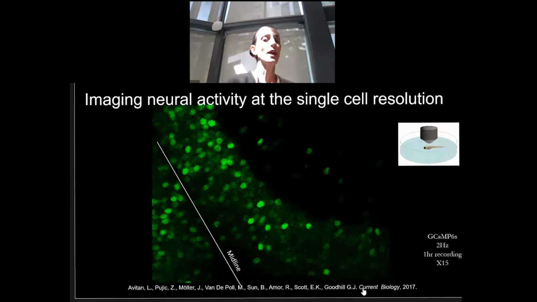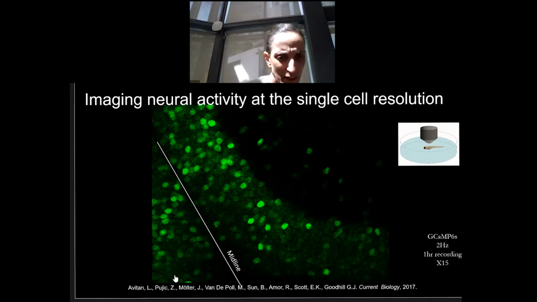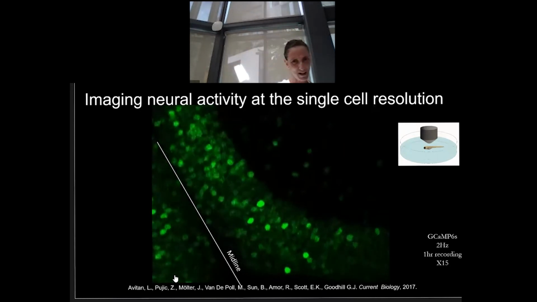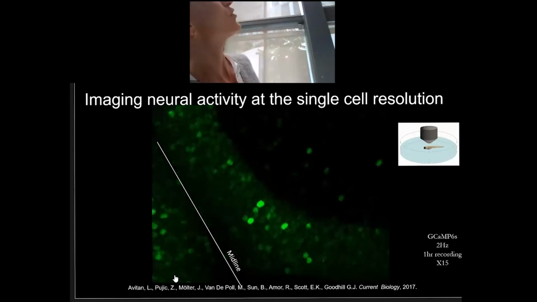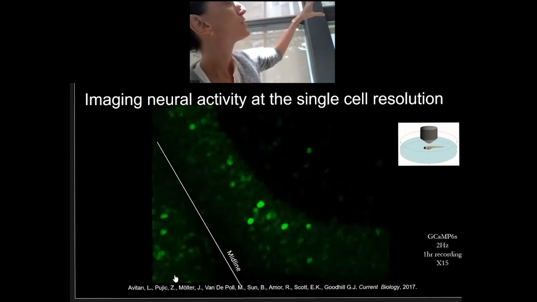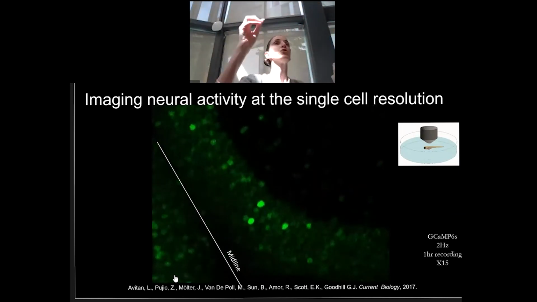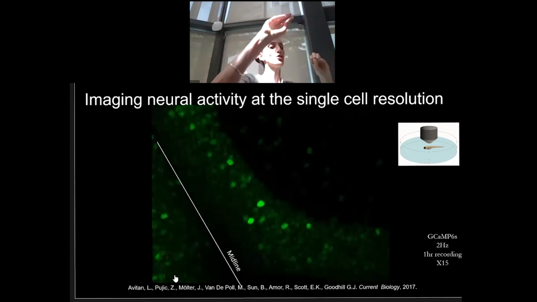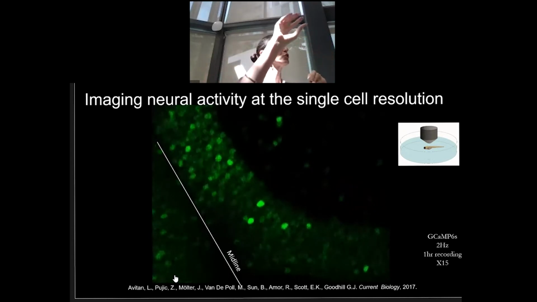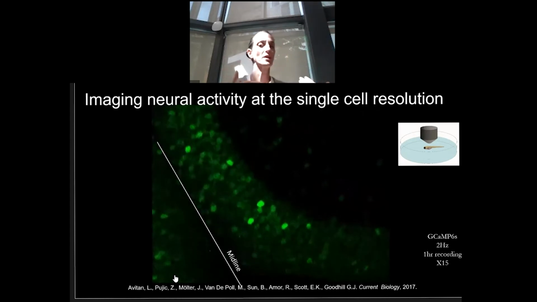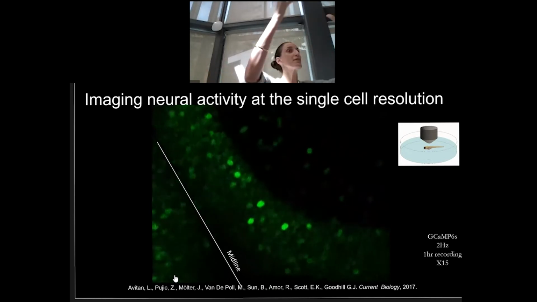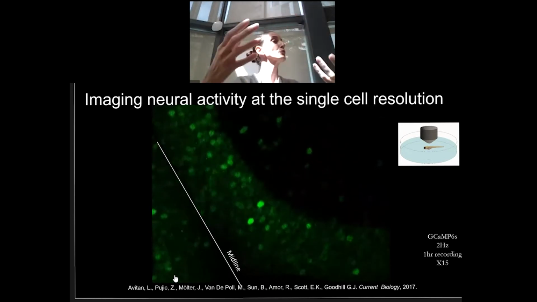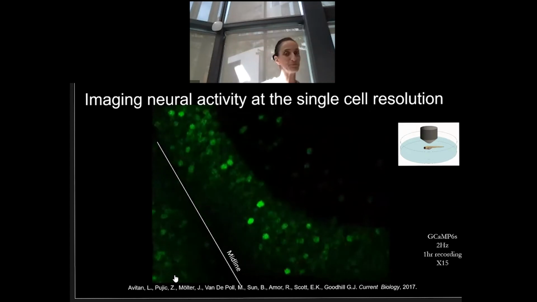Okay. Now, once we have these neurons that are labeled, we can actually look at the neurons as they are in action. I don't know if you can see it with all of the slides, but basically what you should see is some bursts of brightness. So basically, whenever the neuron is firing, there's a change in brightness of the neurons. This is how we know that the neuron is actually firing. Okay. So basically, what we do is we take this disco party that we record from the brain and try to make sense out of it.